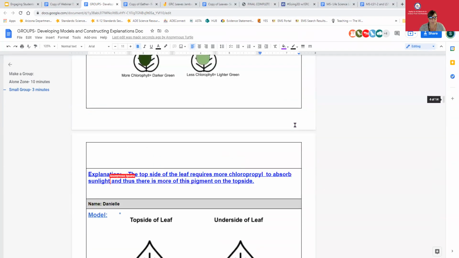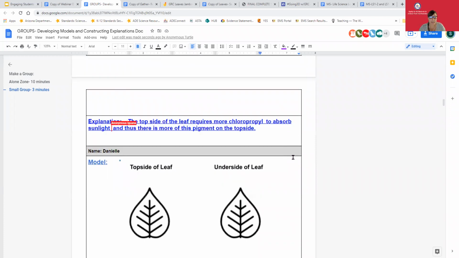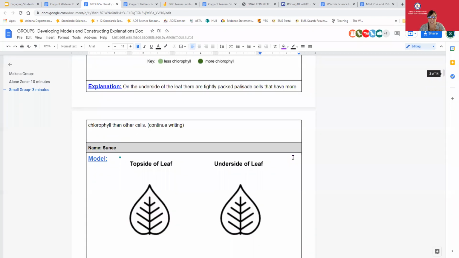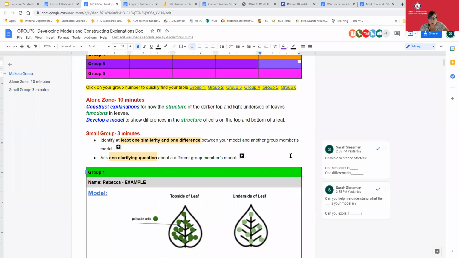All right. So now when you're done, now that you've committed to your own thinking in your alone zone, you move on to sharing and looking at each other's models. So I built in a strategy and an expectation for you. So if you're ready for this, great. If you're not, don't worry. My goal here is to give you a variety of strategies that you can do in the digital space that will also work well in person. So the next group, and if you're still drawing and writing and everything, that's okay. But for those who are ready, I'm just going to